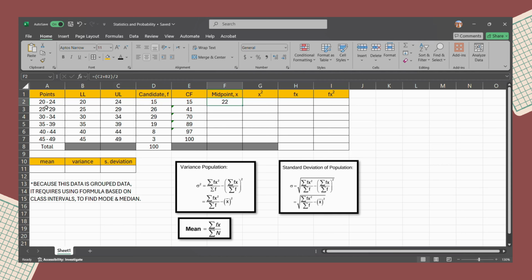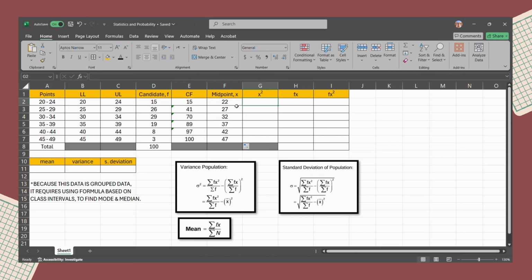So the midpoint for the class interval of 20 to 24 is 22, and then we just drag it, and we got the whole midpoint column of the table.